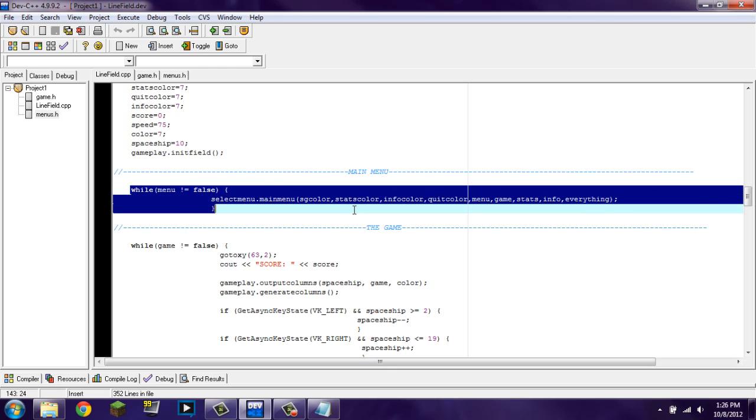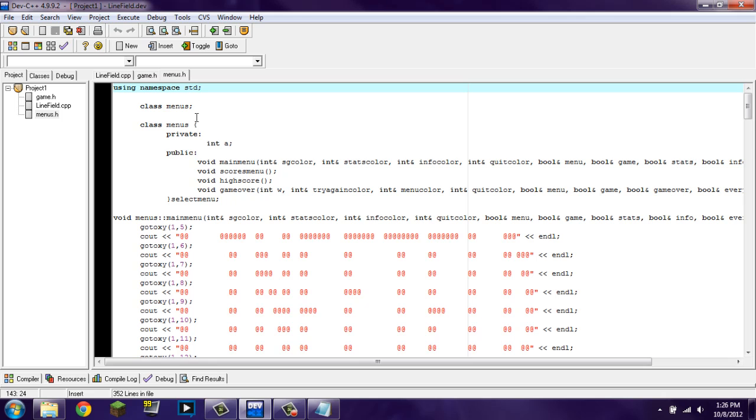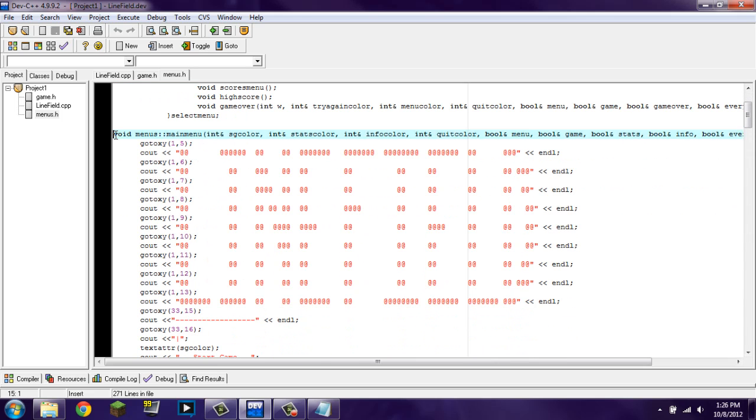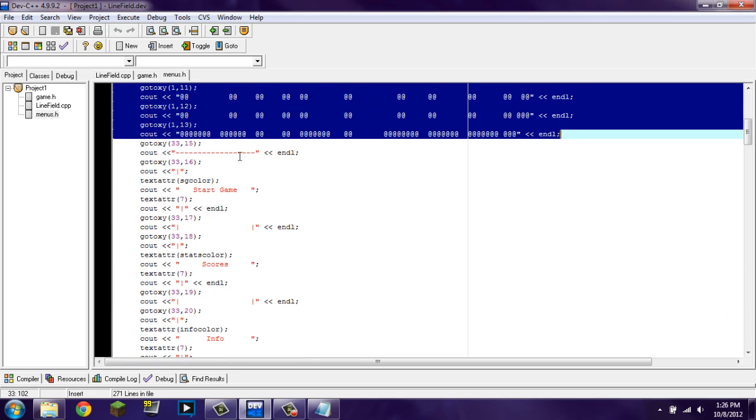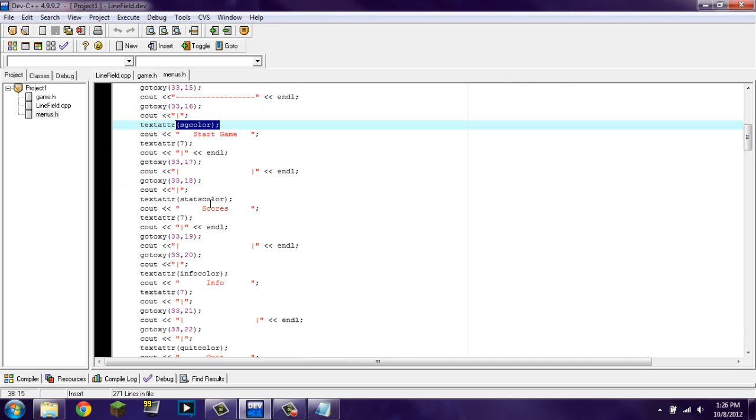This is the menu screen. Select menu.main menu. And this is a class that I made under menus.h. You can see the main menu is right here. We have the ASCII art right here, just outputted plain. And then you have the menus. The way that it is highlighted is it basically just changes the color of the text that is there. So start game has its own color, a value of SG color, start game color. And then same with scores, which I actually have as stats,